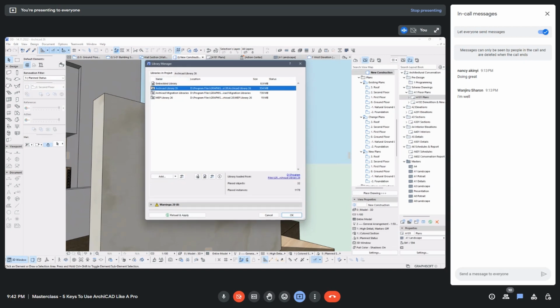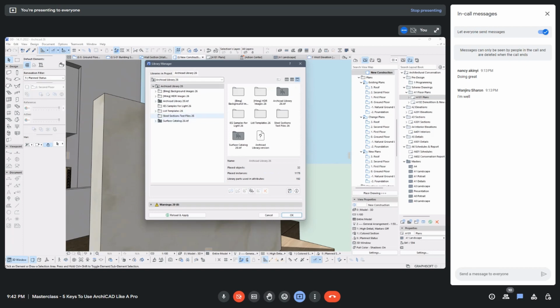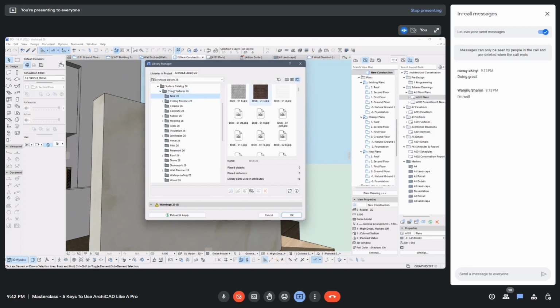Here under ArchiCAD library 26 we have this surface catalog. This surface catalog has so many textures. If we click on these, we see that these textures are essentially just JPG images, so that you can now